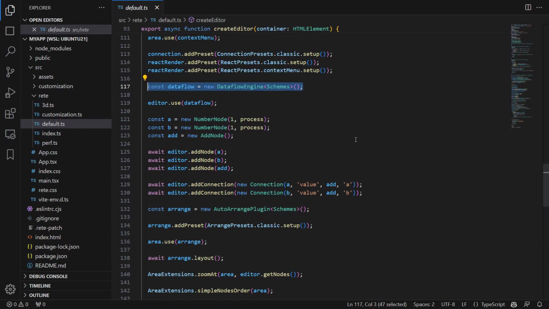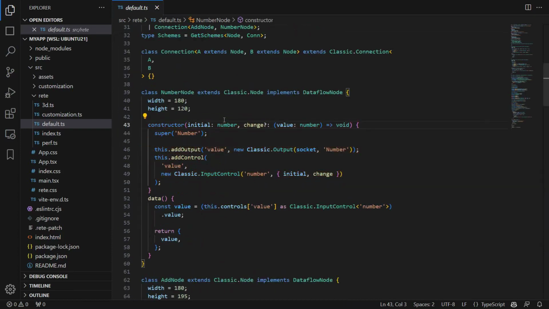Let's move on to creating nodes. We have the number node class here, which actually is not provided by the framework. It's implemented within this template to carry out a particular block in the editor. This class is a subclass of the classic model. Consequently, this allows you to implement your own node classes with the required properties.